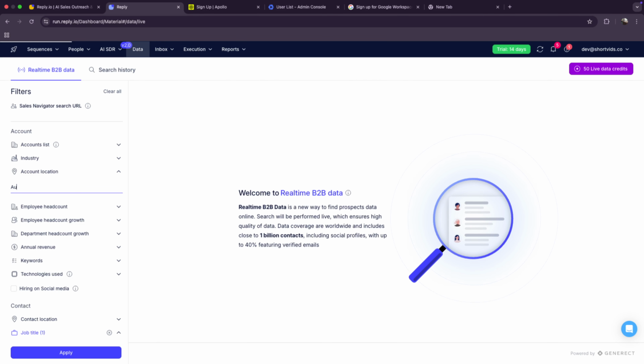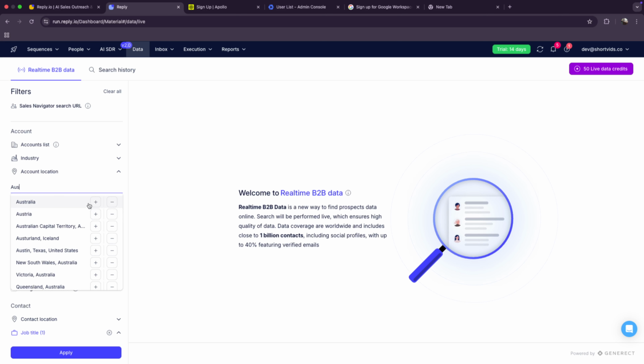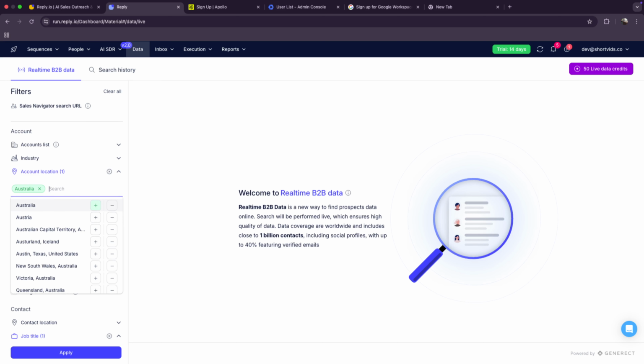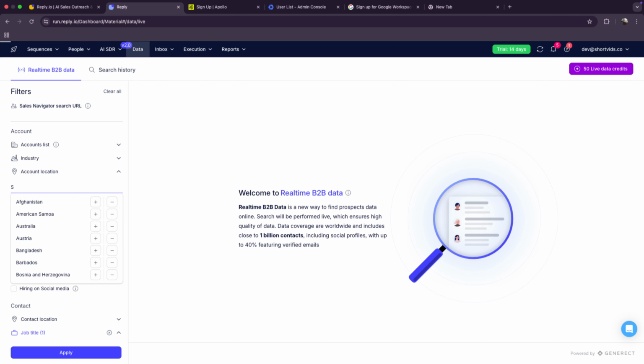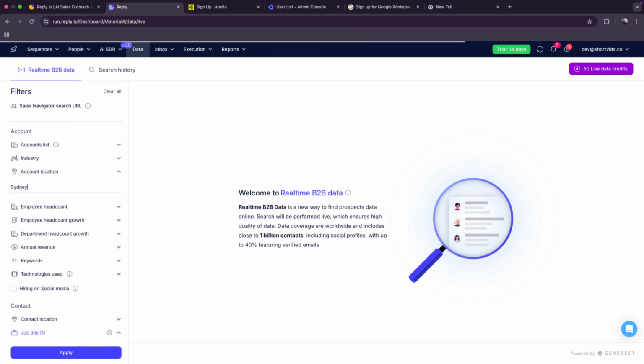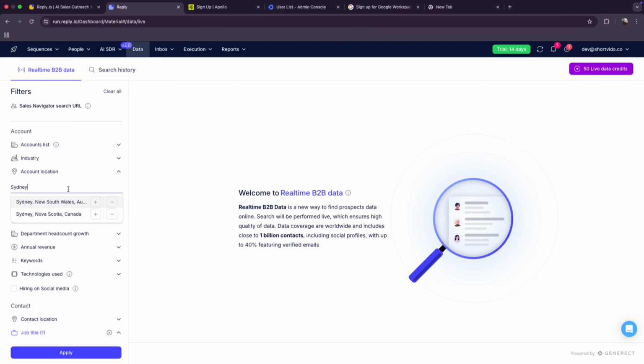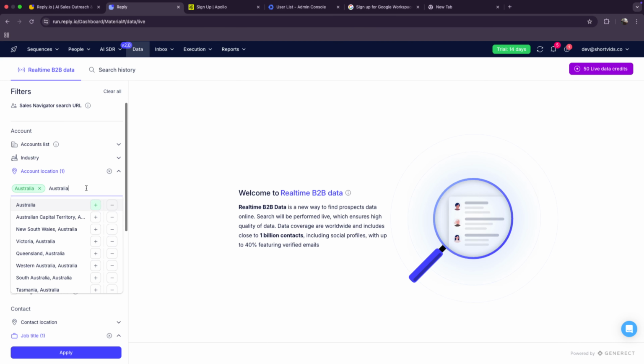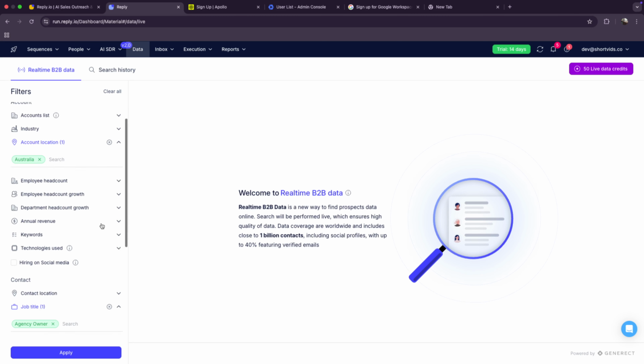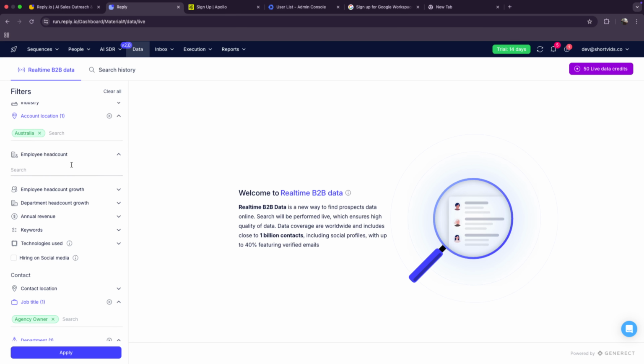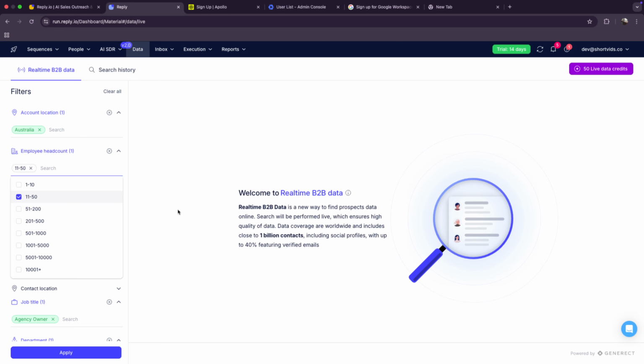Account location: the person should be, let's say, based in the United Kingdom, or let's target a much smaller country like Australia. We can go more specific, so maybe we could try Sydney if it gives us. Yes, Sydney is giving, but let's go with Australia for now. This tool has a capability to go much deeper.